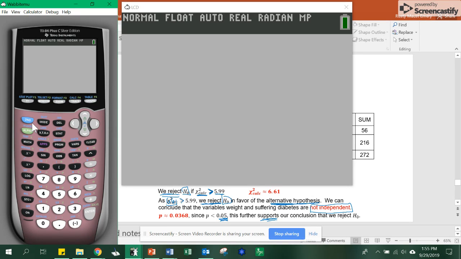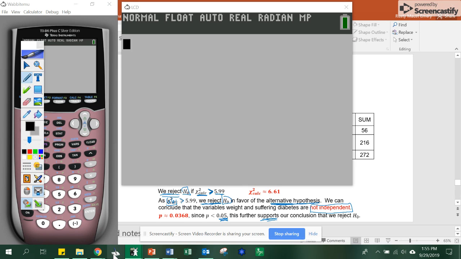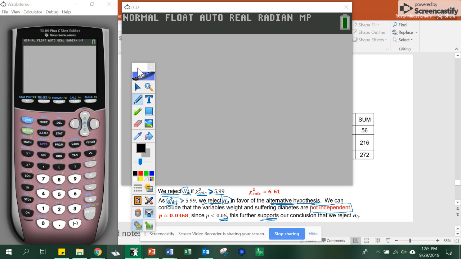Look for the key on the keypad. You can kind of see the clicks, but just to, again, help you see what buttons. It's the matrix menu that's most important, that you need to be able to get to. And that would be, let's see if my ink tools will pop up here. So the matrix menu,